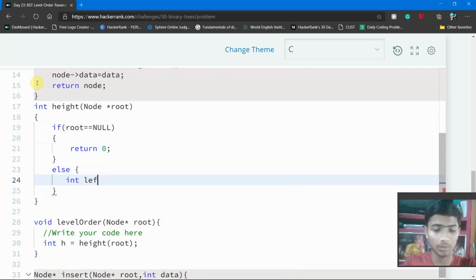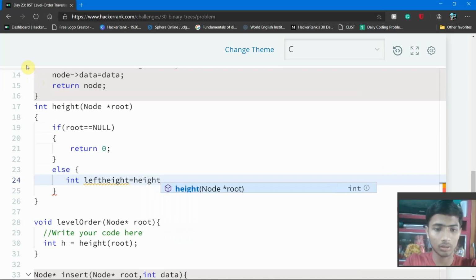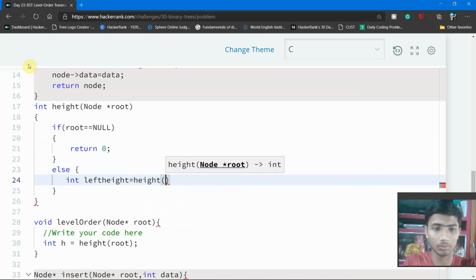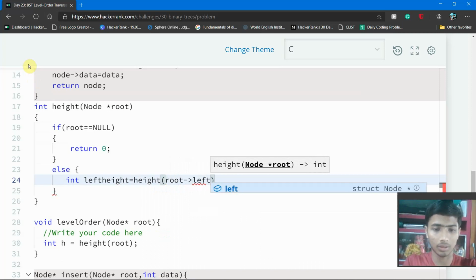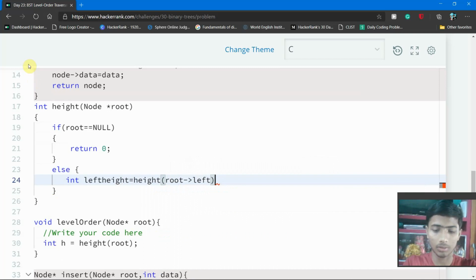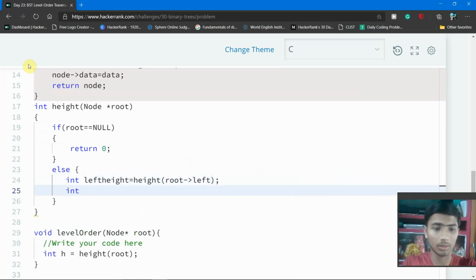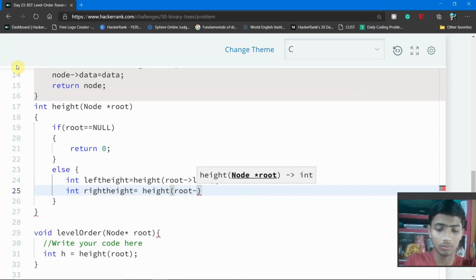One is the left height, and inside this left height you call the height function, and this time you pass root left, and after that you declare another variable which is right height, and inside this right height you call the height function with root right.